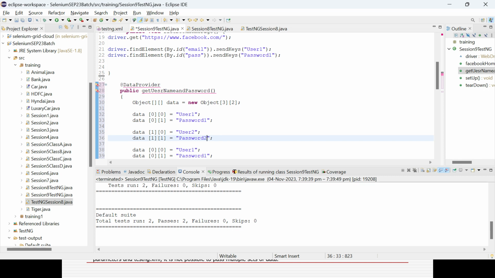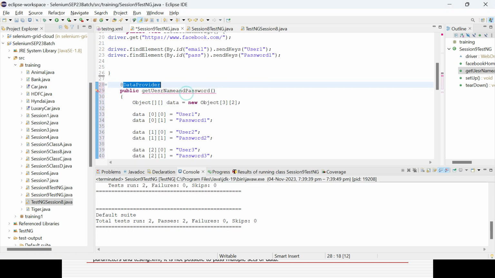And here third iteration means 2. So that is the way. In case you are having 10, you can change it accordingly also. So your code will be different, and here your data provider part is different. Now here two errors are coming. One, I will import the data provider simply,